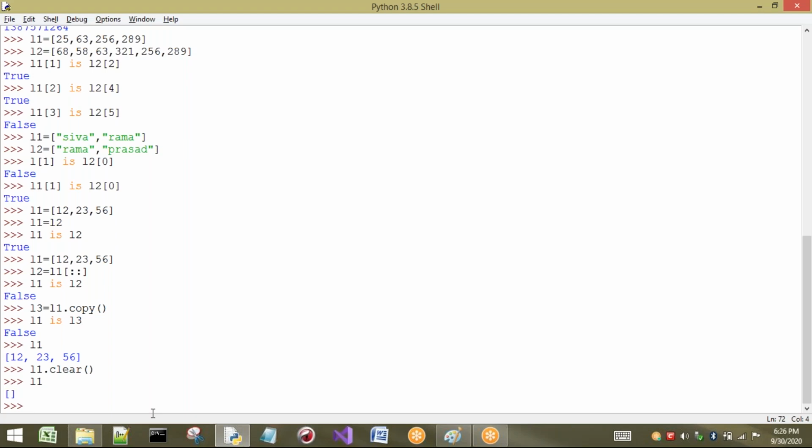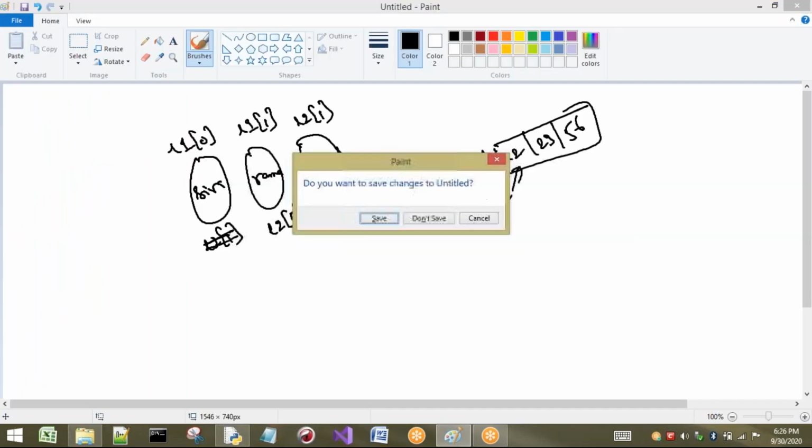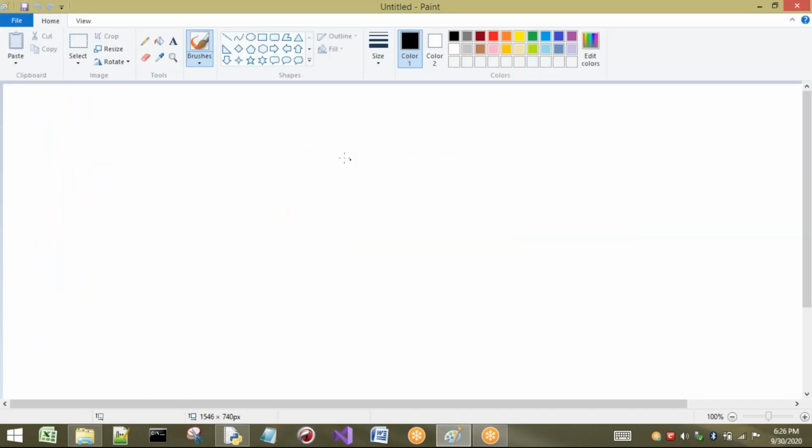Clear means it is going to clear all the elements. Let me take an example. Here I have taken 3 elements for L1: 10, 20, 30. If I apply L1 dot clear, then all the elements will be cleared. But L1 will still point to the same location.